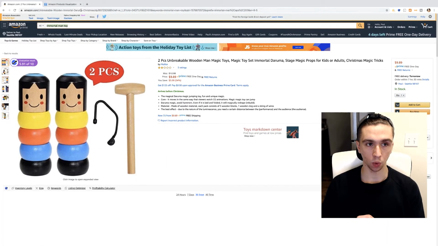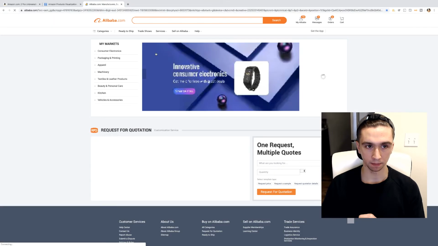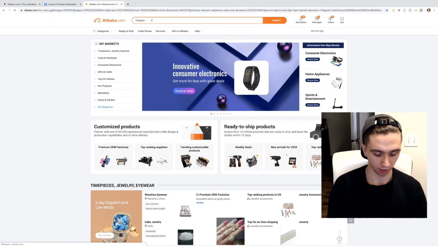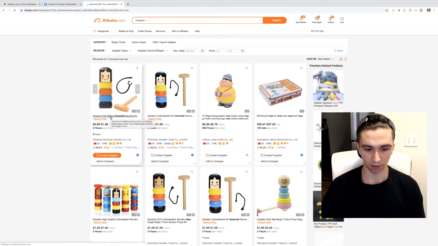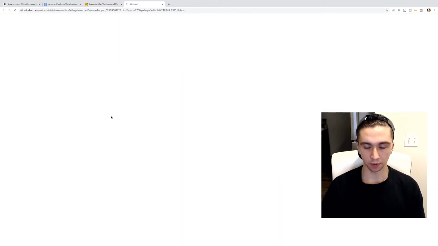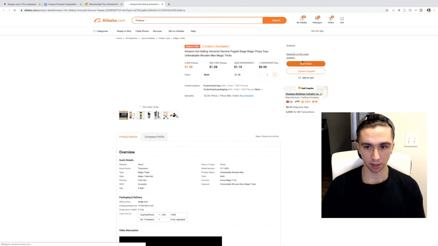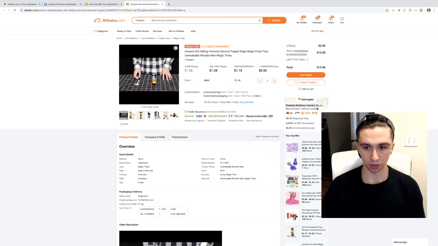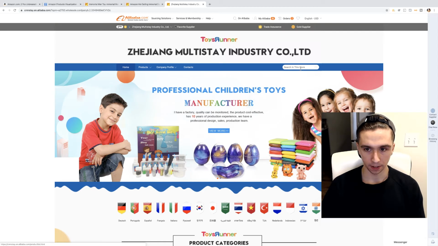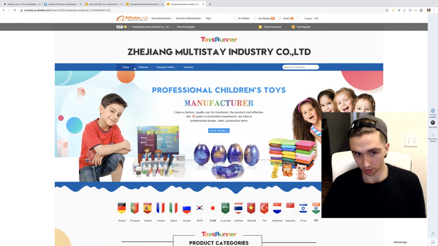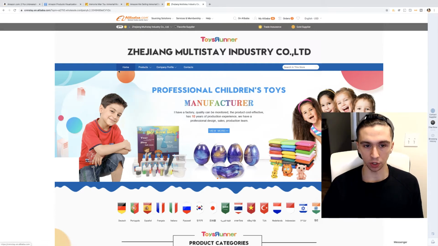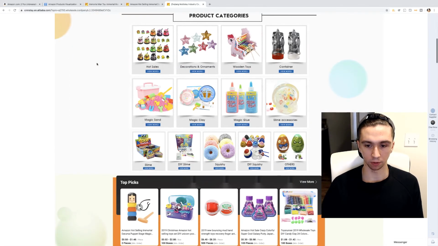And then were you to want to bundle, you would be coming over to Alibaba, finding the main product. Cool, right here. You can see these are obviously crazy cheap. You'd be finding the main product you wanted to sell, and then to bundle, you have two options. You'd either be going to that company, and then you could search the product you were looking for. And then what you can do is look at their other products. So that's how you'd figure out something to bundle with.